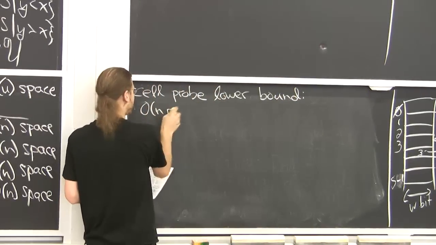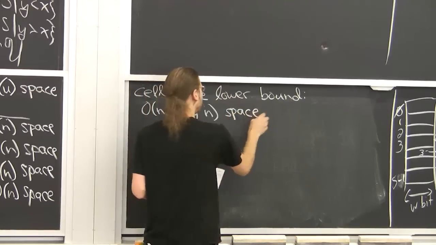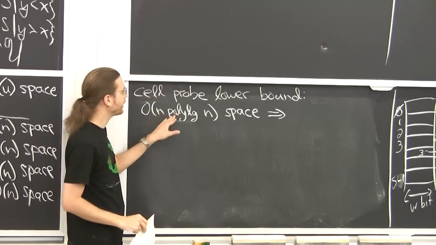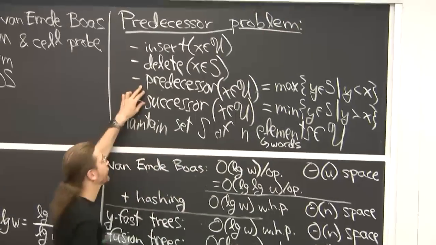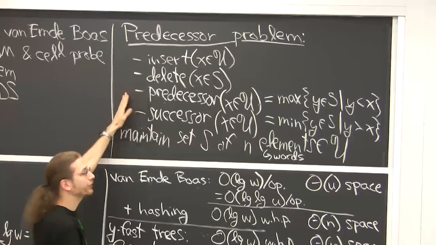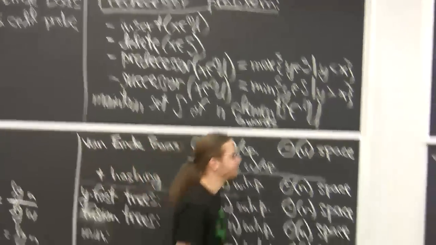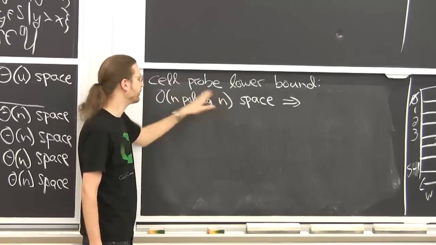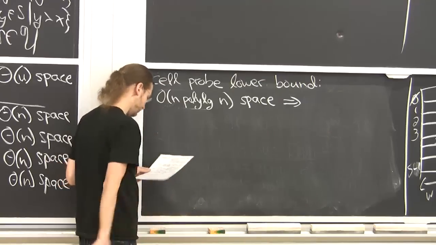This lower bound's a little bit messy to state. The bound is slightly more complicated than what we've seen. But I'm going to restrict to a special situation, which is if you have n polylog n space. So this is a lower bound on static predecessor. All you need to do is solve predecessor and successor, or even just predecessor. There's no inserts and deletes. In that case, if you use lots of space, like U space, of course you can do constant time for everything. Right? You just store all the answers. But if you want space that's not much bigger than n, in particular if you wanted to be able to do updates in polylog, this is the most space you could ever hope to achieve. So assuming that, which is pretty reasonable,